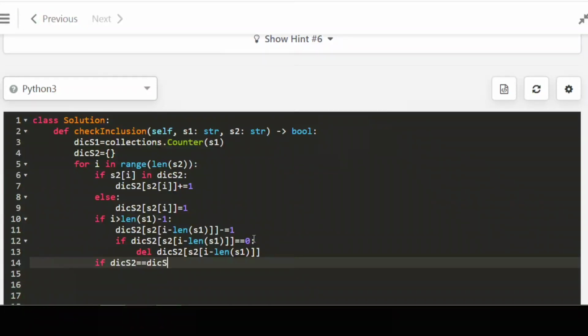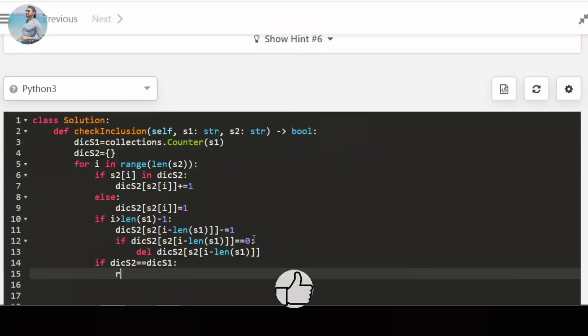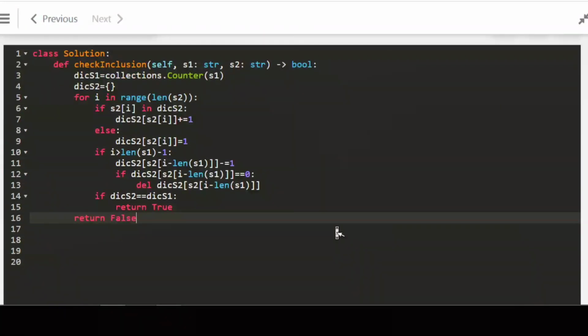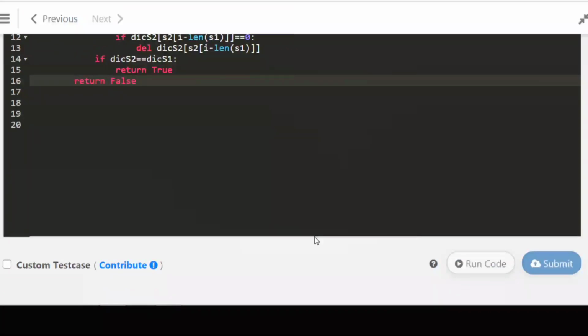So if dict S2 equals dict S1, we return true. No need to check further elements. If no such permutation of S1 is found, we return false.